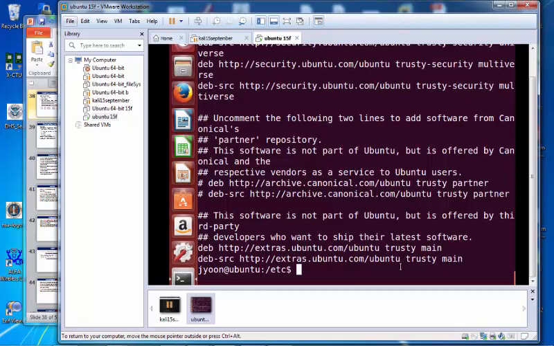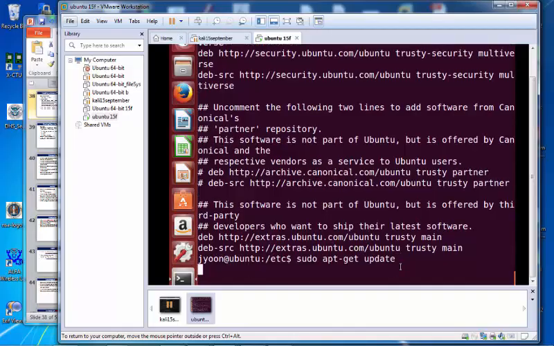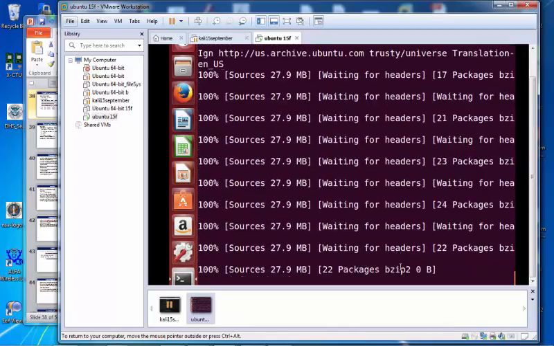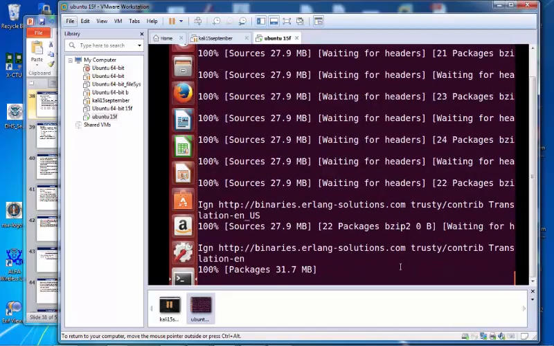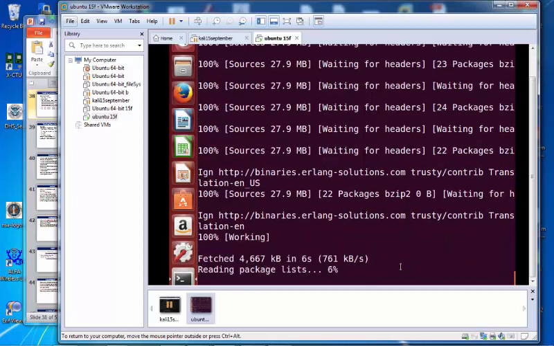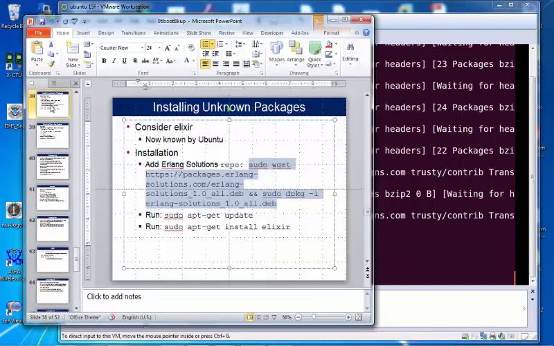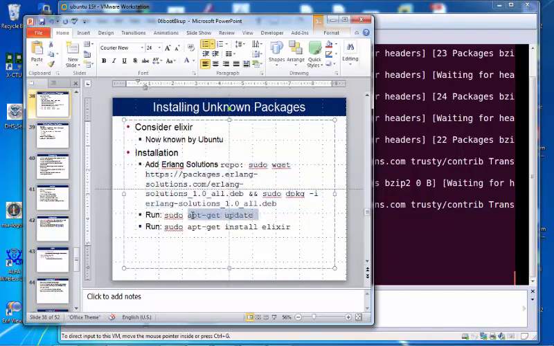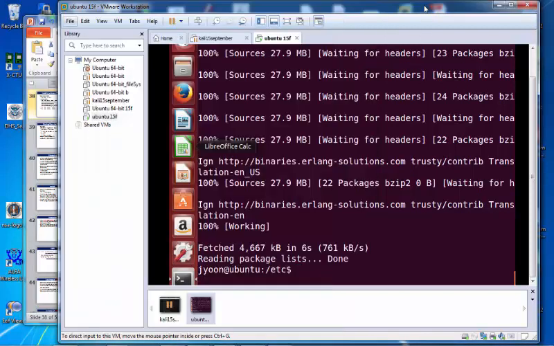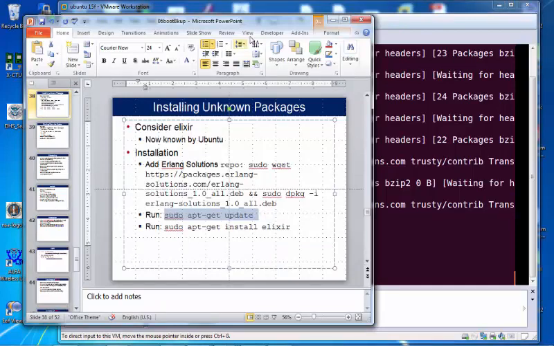Which one? sudo apt-get update. Did you do this? Update first. Simple command: sudo apt-get update. Then once it is done, after that, install.